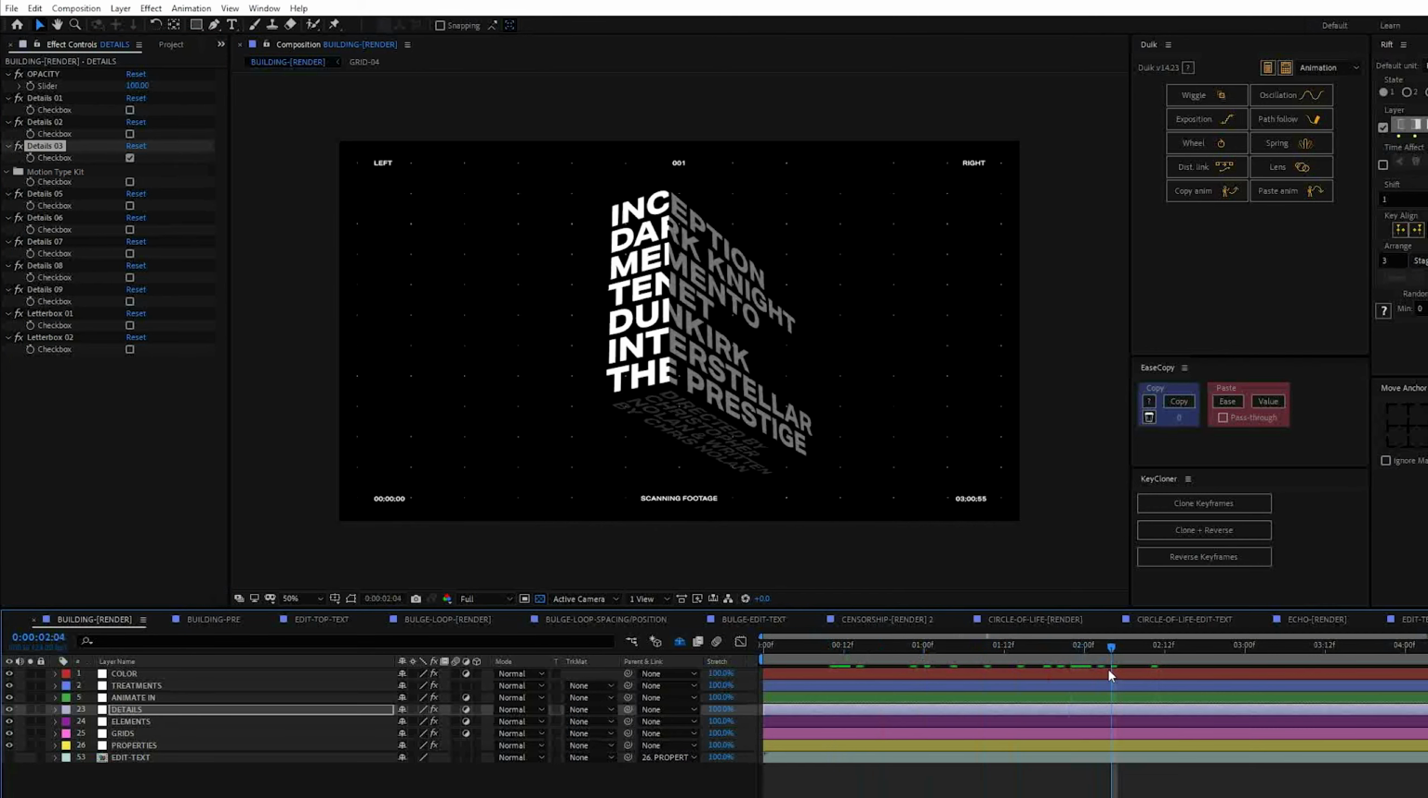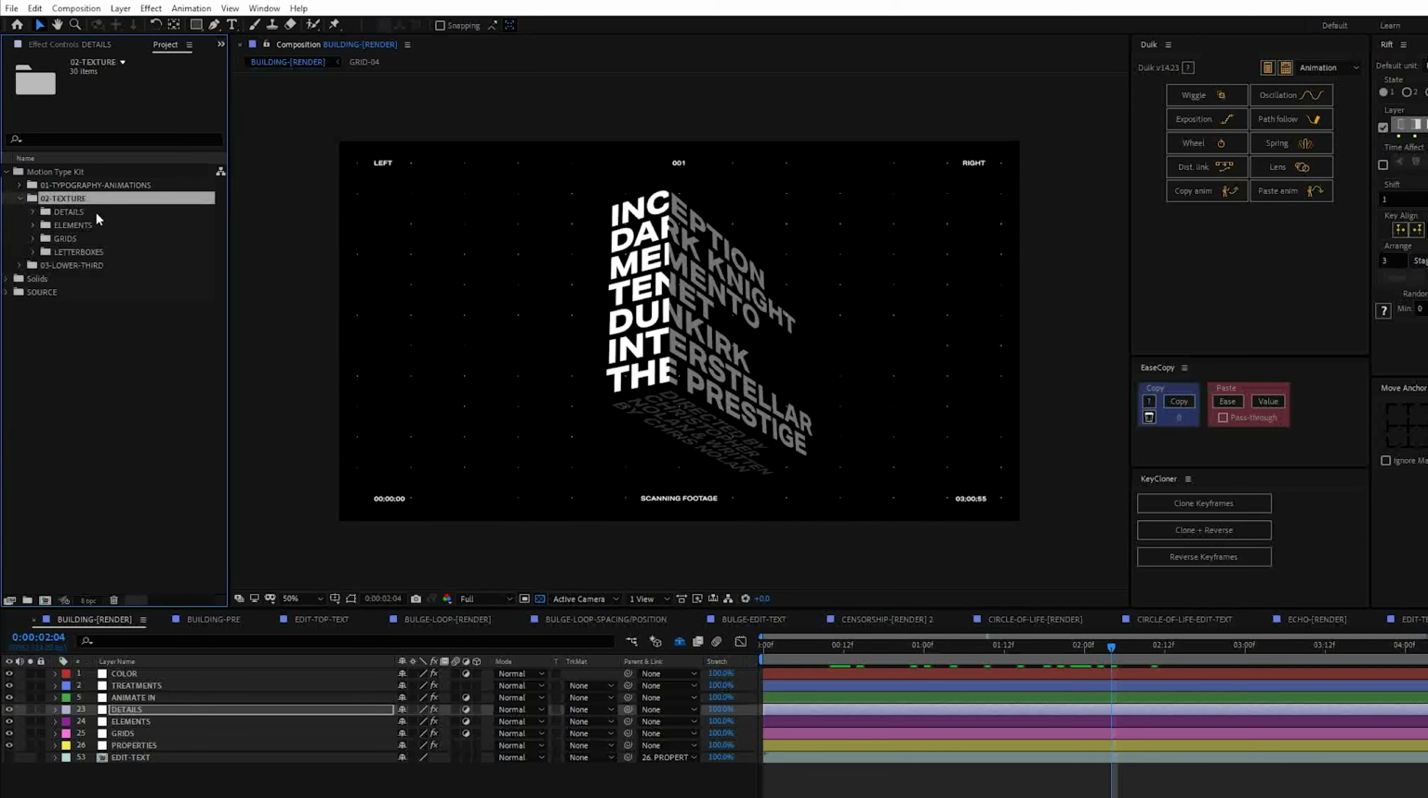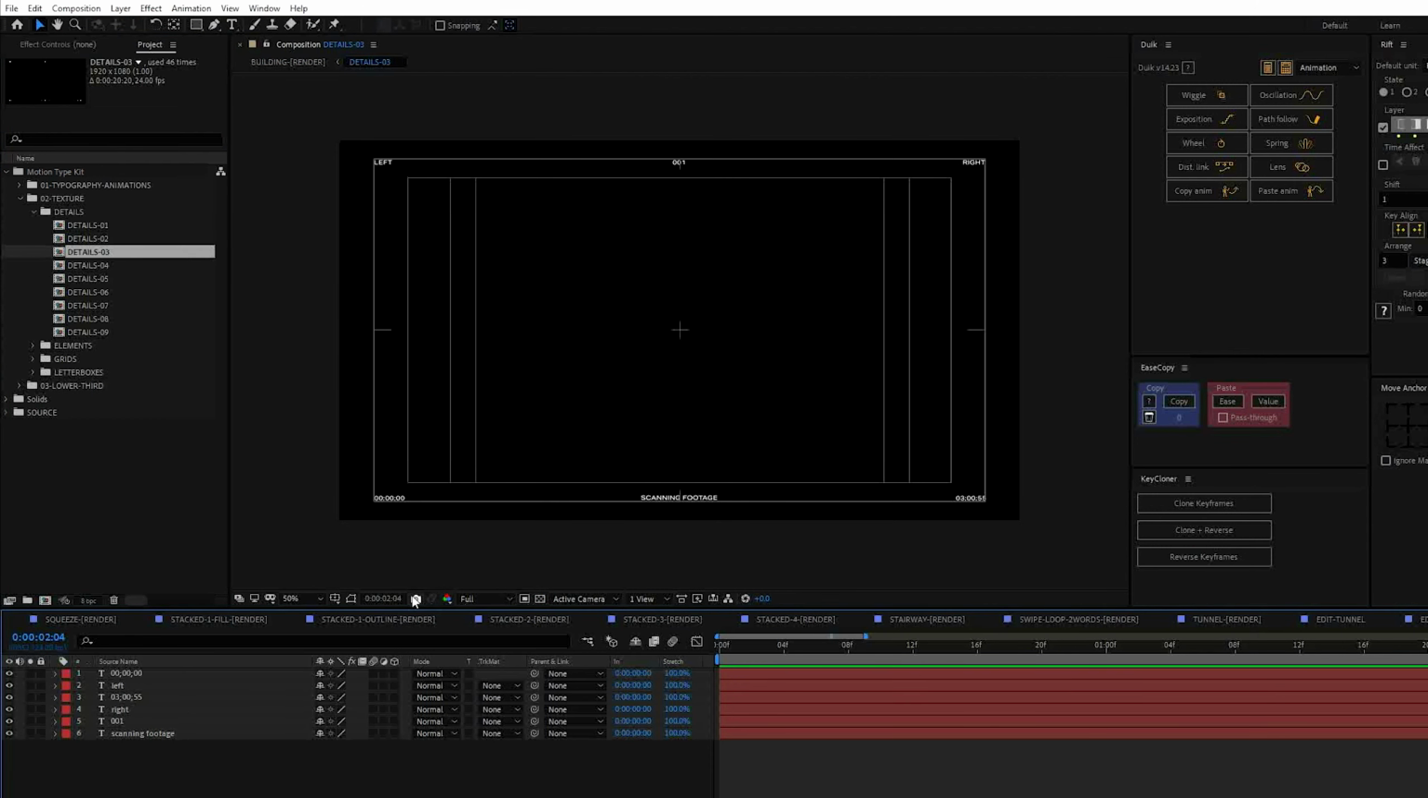So one thing I did want to mention about the details, when you have these checked on, there's a good chance you're going to want to change these. So you would come down into texture, visual texture, and come into details. And of course you have to quickly remember which one you have selected, double click that comp, and